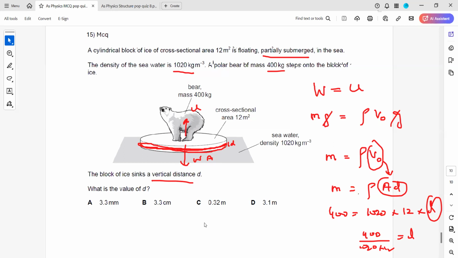No, this is not 0.03. So 400 divided by 1020. So we have 0.03 meters. But if we convert into centimeters, we divide